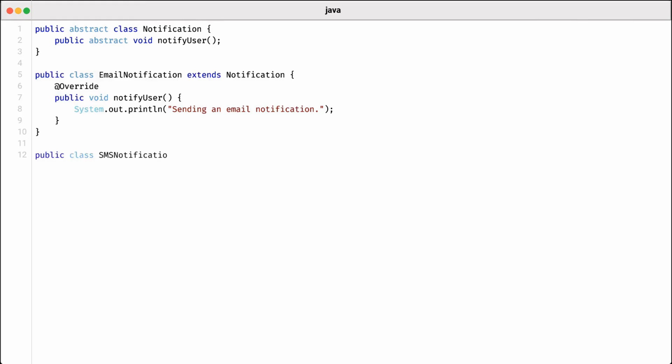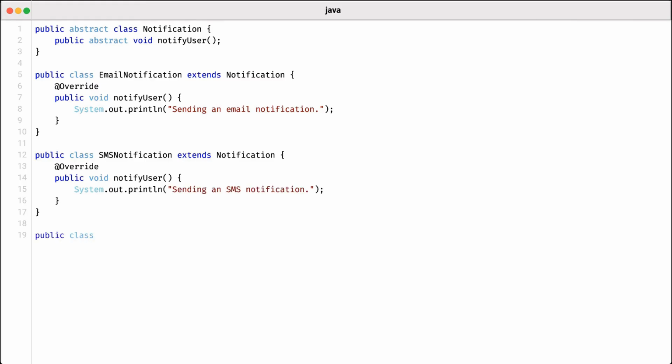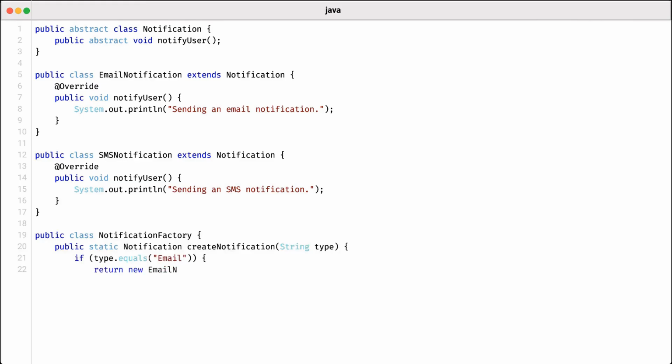This abstraction ensures that each notification type will have a consistent interface for sending notifications. Following the abstract class, we define two concrete implementations, email notification and SMS notification. Each of these classes provides its own implementation of the notifyUser method, encapsulating the specific behavior required to send an email or SMS notification. This approach illustrates the power of polymorphism, as we can treat different notification types uniformly through